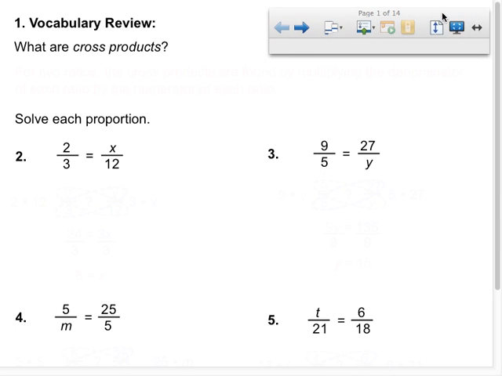What are cross products? Can somebody explain what are cross products? Amani, go ahead. Can you give me a little more details about that? Abu, can you help him out and can you put that away? Thank you. Cross products are a way to